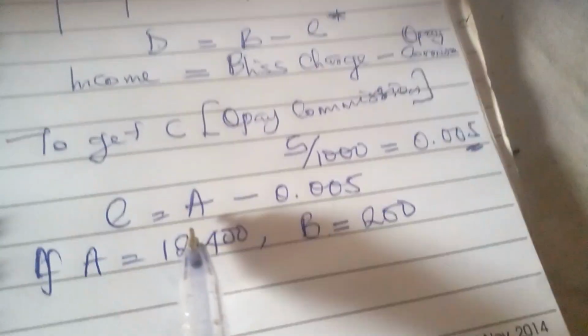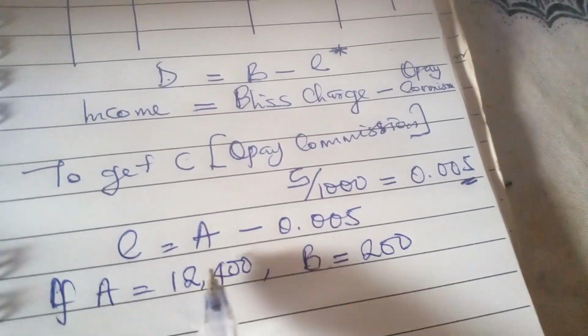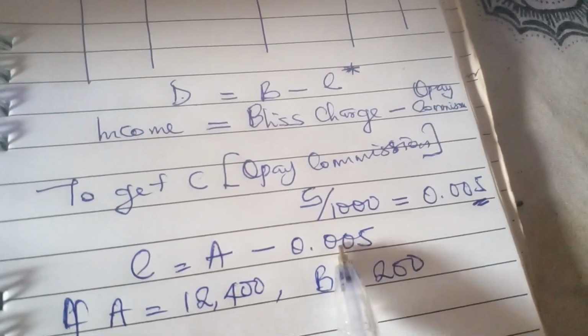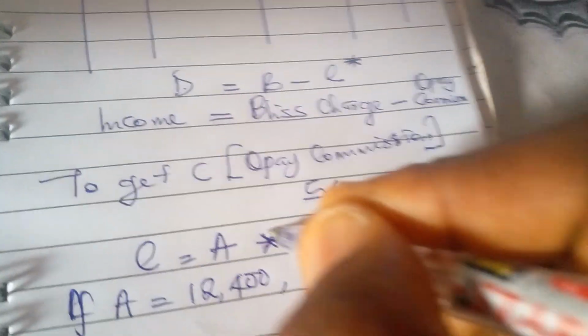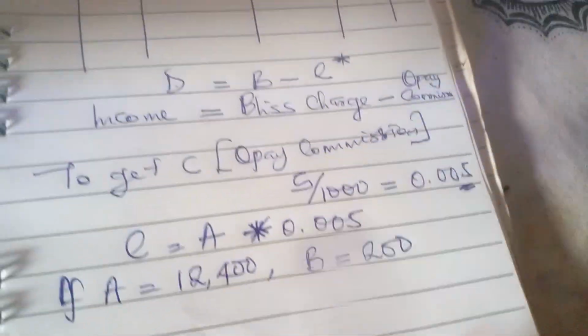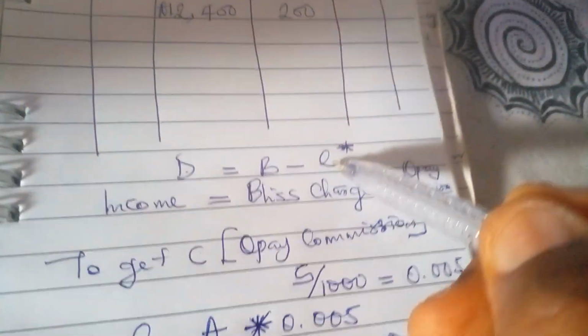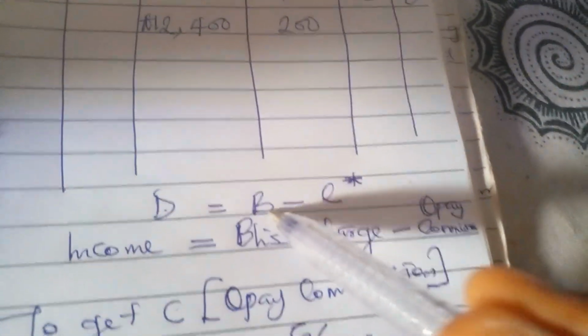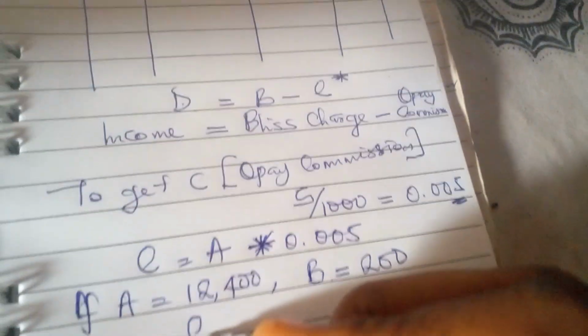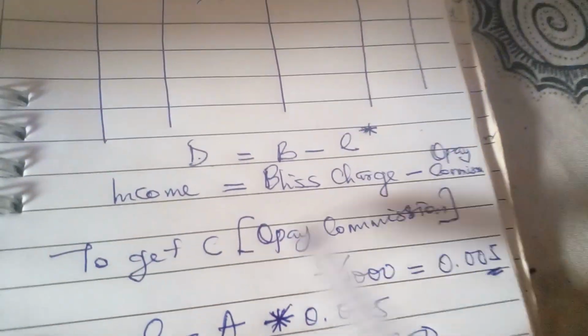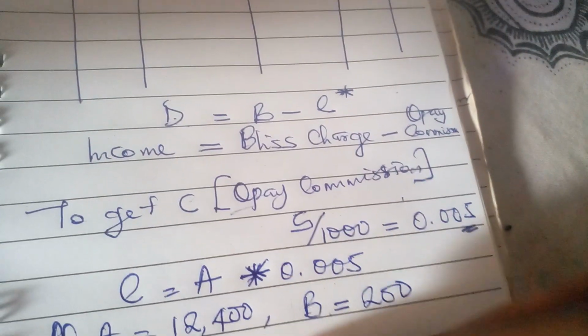You have to substitute the value of A here to get this. Sorry, this is times. This is not minus, times. Okay, so you first of all get your C because our D is B minus C. Okay, so you now say C, which is OPay's commission, is equal to 12